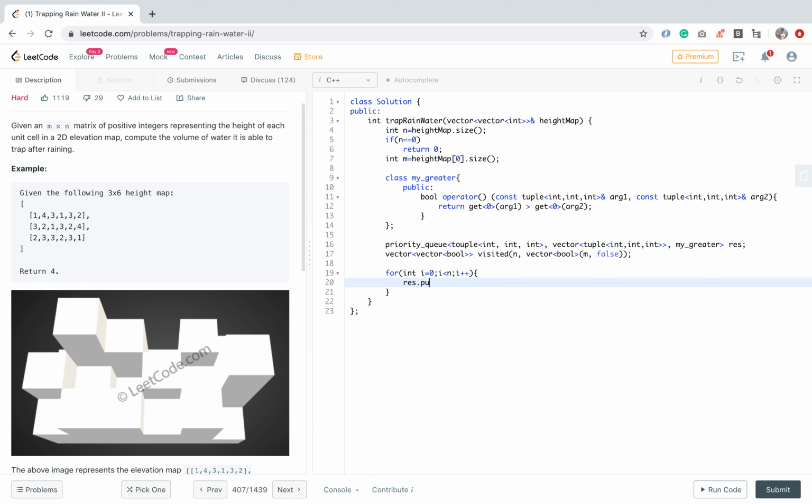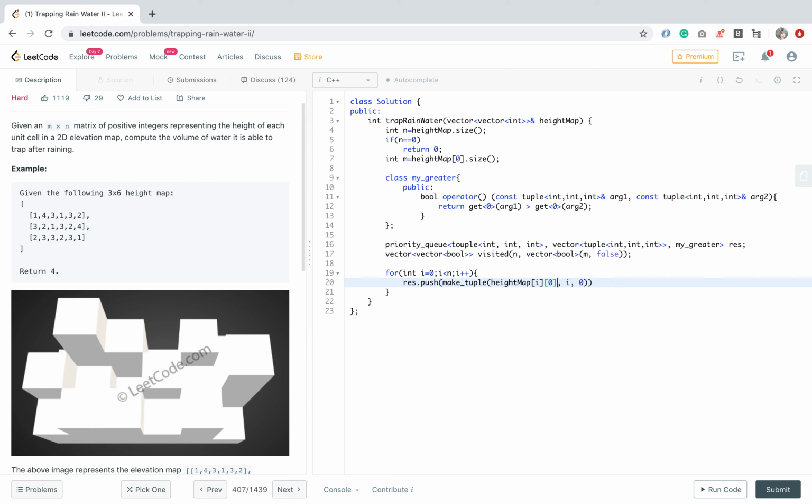We will make a tuple of height map height and 0, and we will push i and 0.